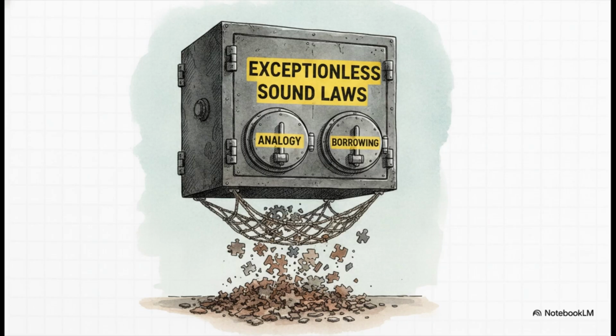The Cambridge History of Linguistics explicitly confirms that Osthoff and Brugmann didn't just publish their law. They simultaneously packaged it with two escape categories from day one: analogy and borrowing. It's basically the scientific equivalent of a get-out-of-jail-free card in Monopoly. The rule is absolute, unless a word breaks it, in which case we just safely explain it away by saying, oh, it was borrowed from another dialect, or it changed by analogy.